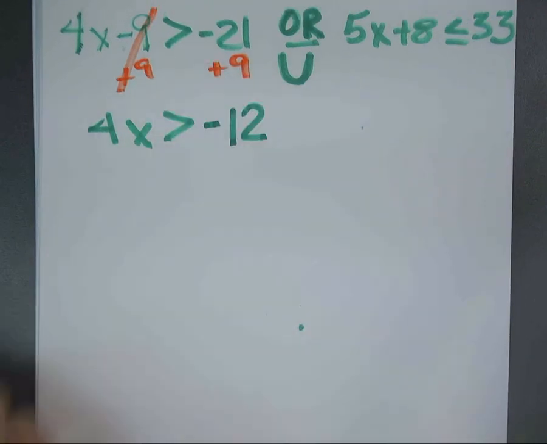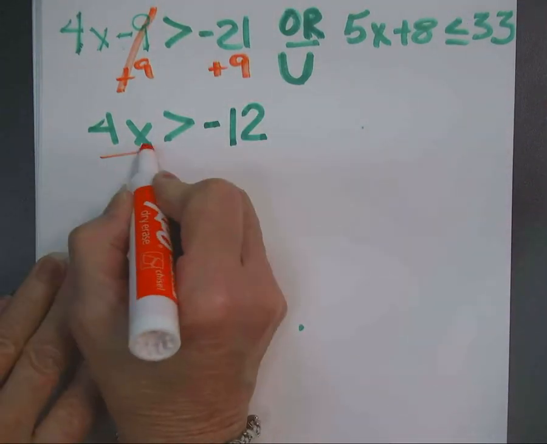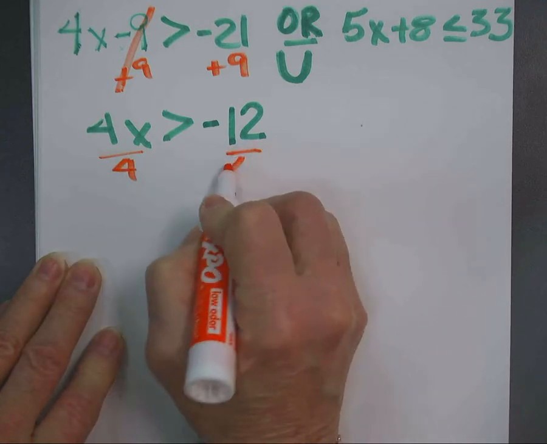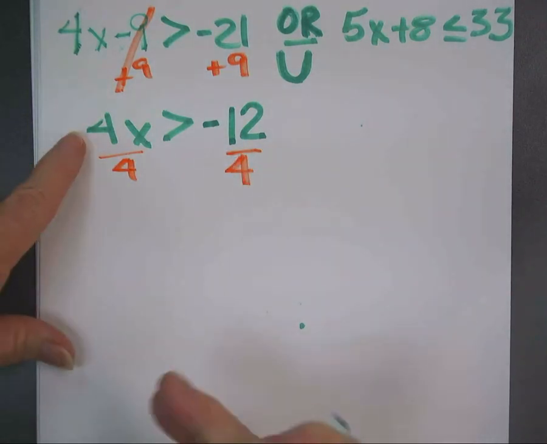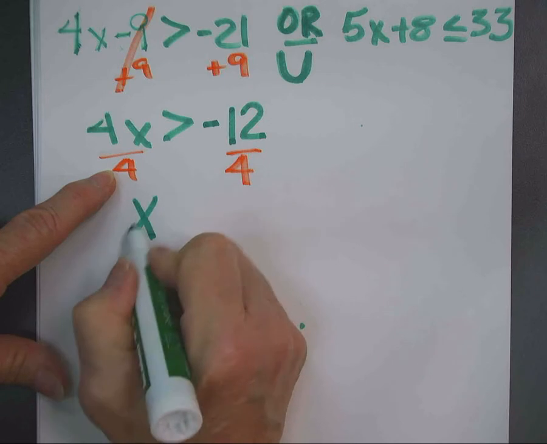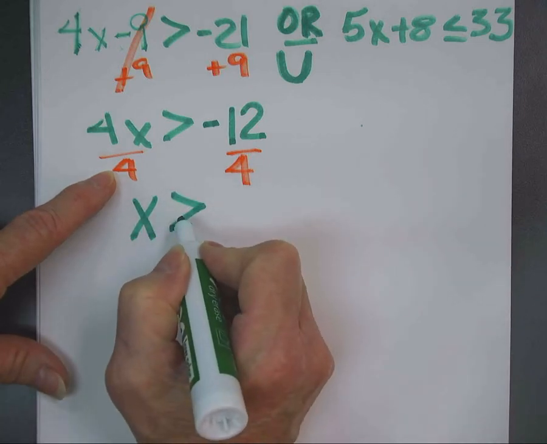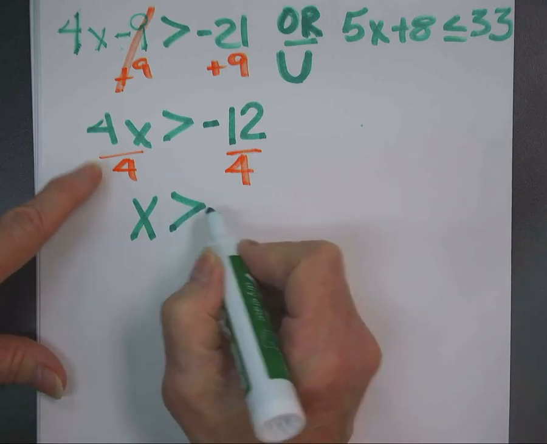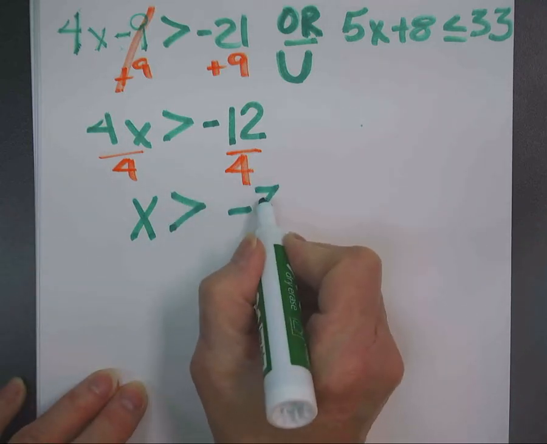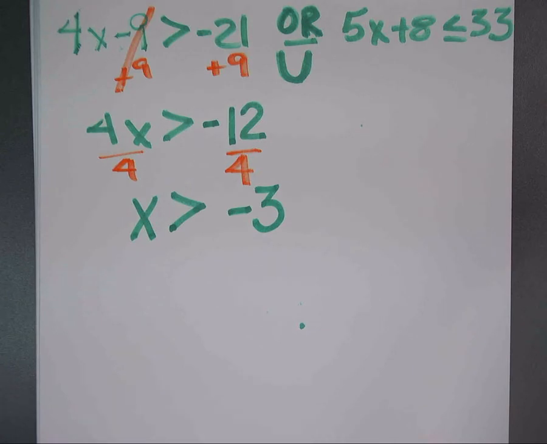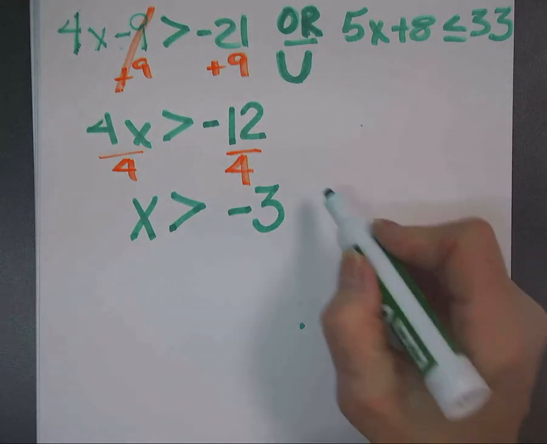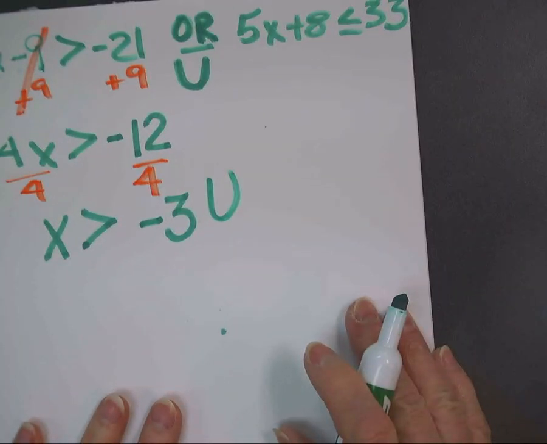Divide by 4. Negative 3. And this doesn't change direction, right? It's divided by a positive, so it doesn't change direction. So you have x greater than negative 3, or